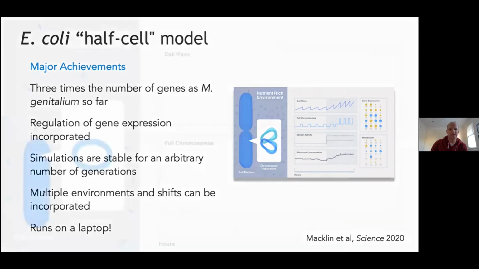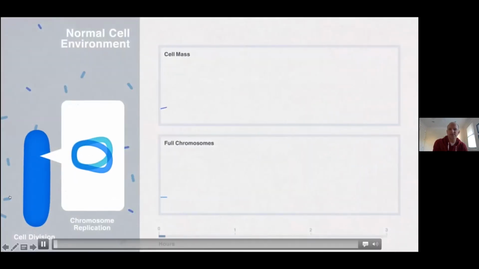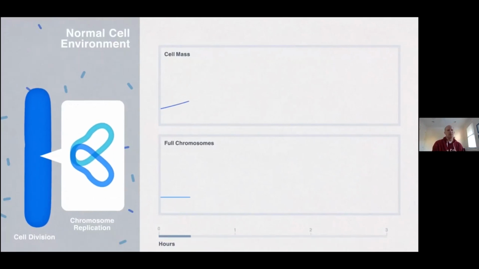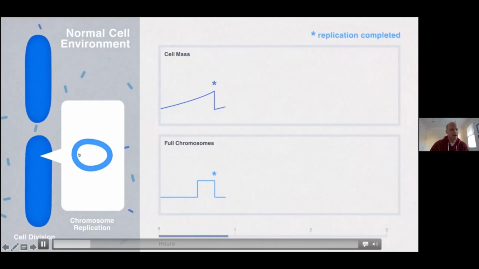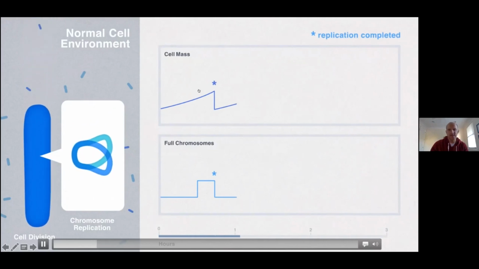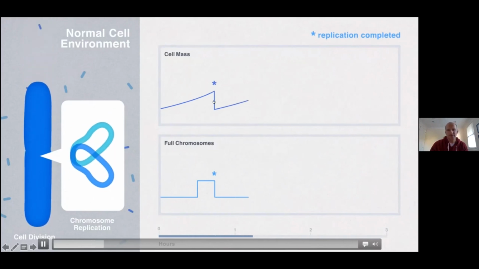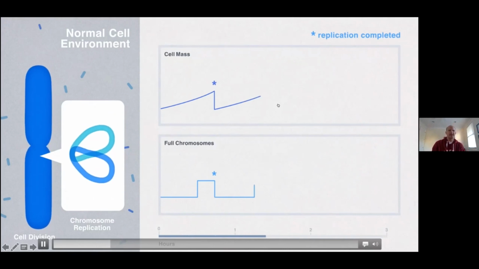Anybody can run these. And here are some example simulations, just some animated output. You can watch E. coli growing in a minimal medium over here. Here's the DNA. Everything here is based on actual simulation data. You can see the mass grows out. When it divides, it reduces back down. So like I said, we can run